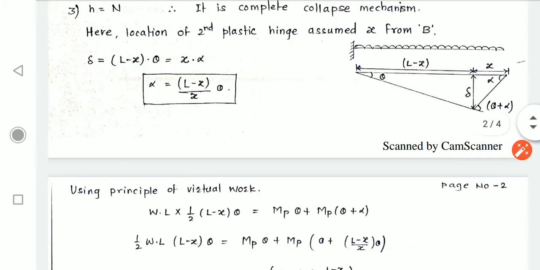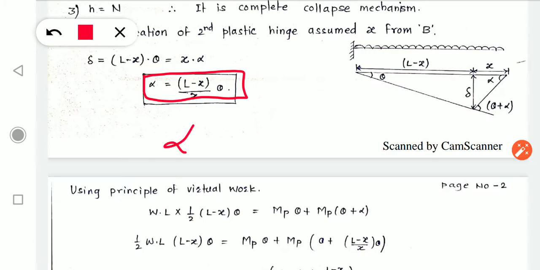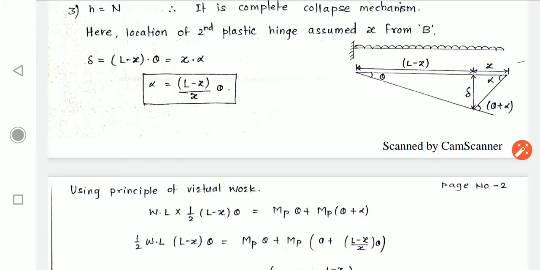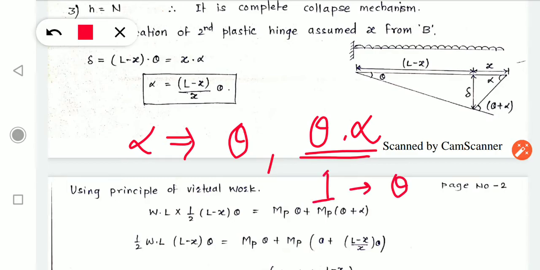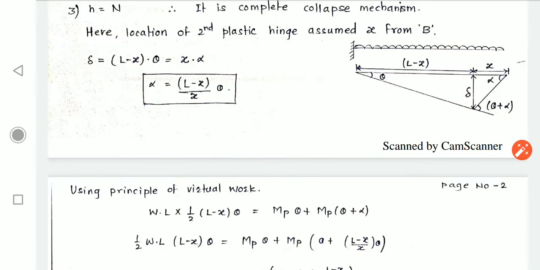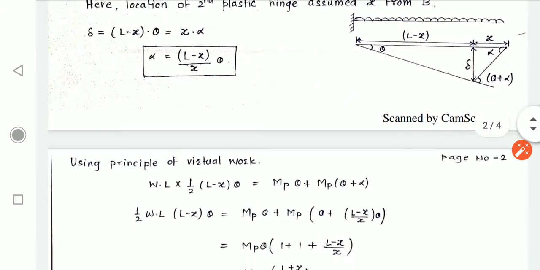Now alpha, in the next box you can see that I have written alpha separately and the terminology is quite different. Why is it so? See here, alpha I wrote in terms of theta because I don't want to make an equation in terms of theta and alpha. I want to keep our equation in only one term, in terms of theta. Therefore I am writing alpha in terms of theta, and it is quite easy. By this relation you can find what alpha is. Keep alpha on the right hand side, shift all the things to the left. That's what I did.